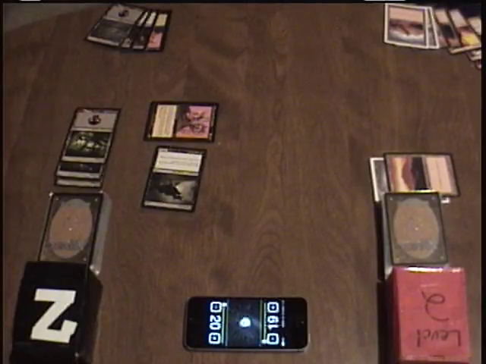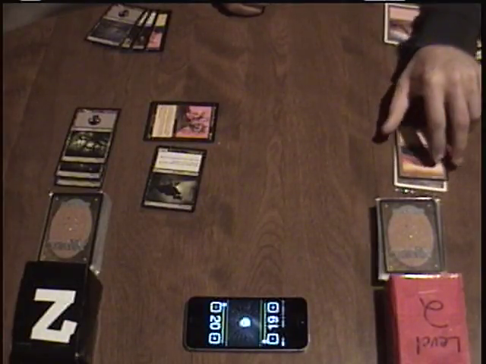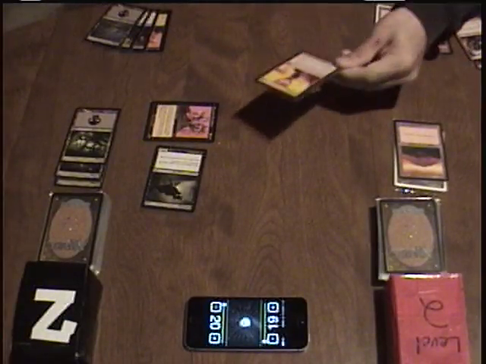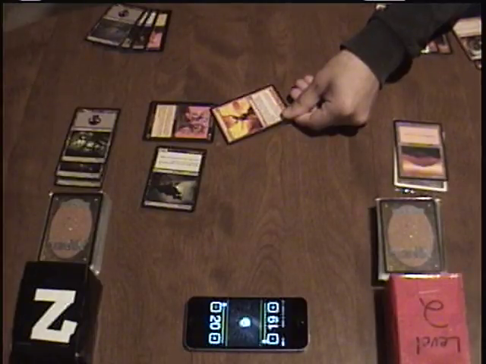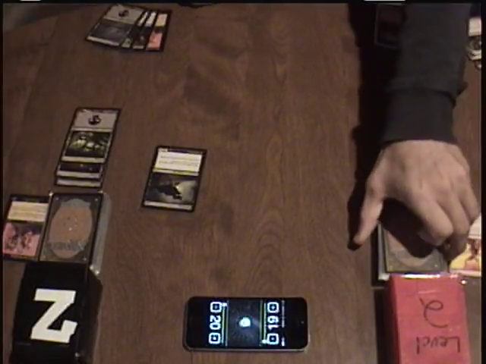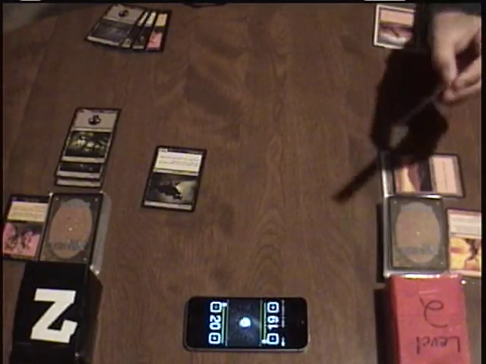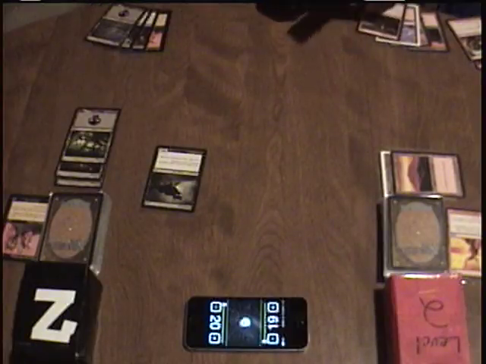At the end of black player's turn, before red player begins, they're going to actually pay 2 mana and as an instant play Incinerate, deal 3 damage to a creature, killing the Phyrexian Broodling. Then red player starts, untaps, draws, plays a mountain,